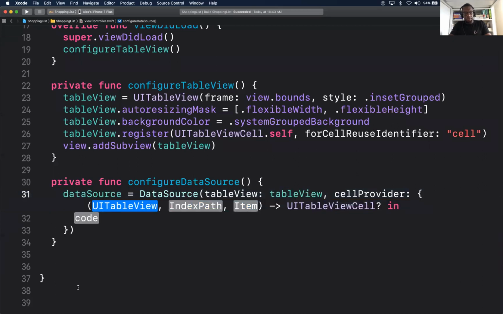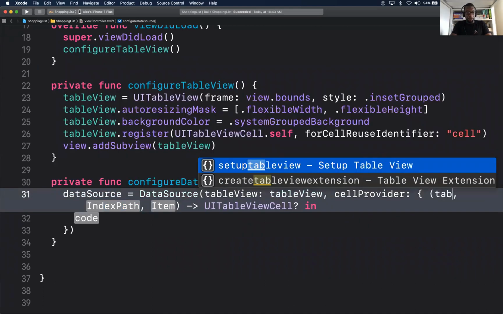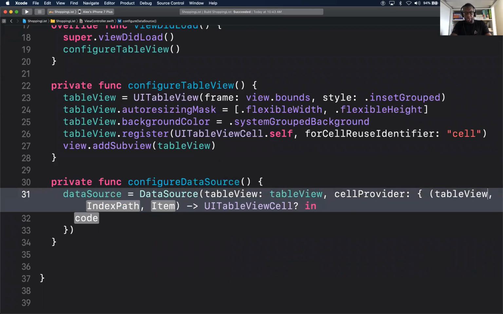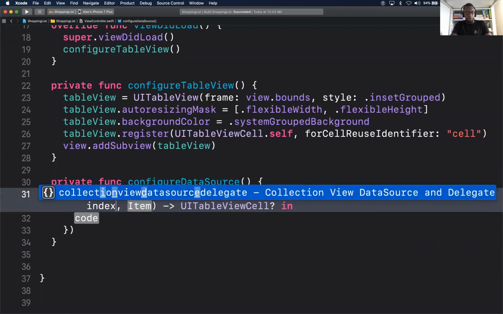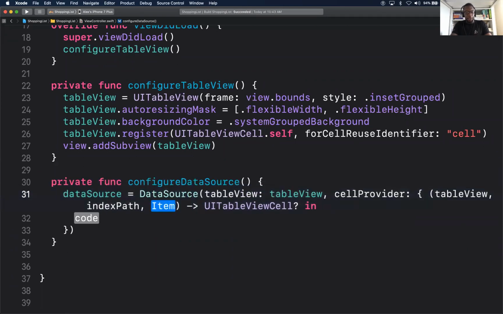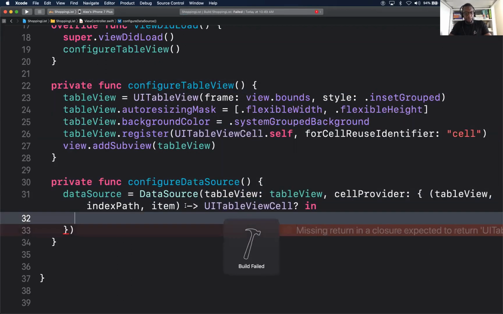For the cell provider, we have table view, just a property, an argument name, index path, and for the item, you see it already tells you it's an item. The thing is very powerful. It knows what type to expect here because we already said it's of the data source class type. So it expects this third argument to be of an item. Great.